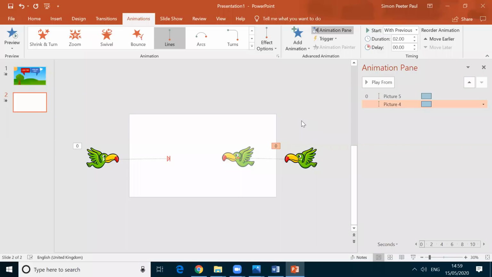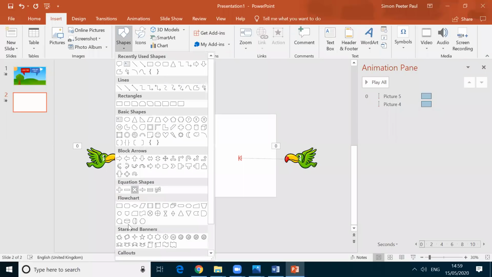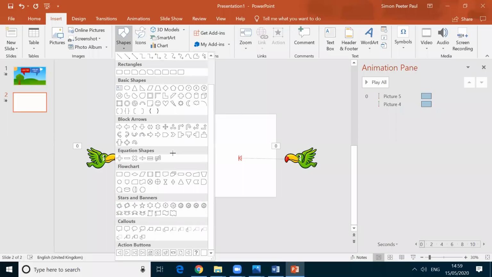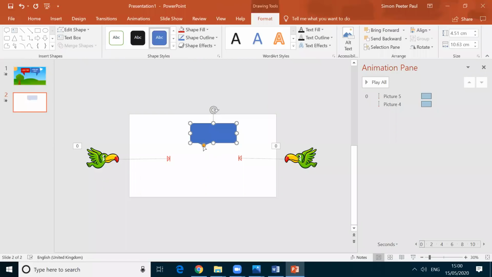Okay. After that, I want to add a callout. To add anything, you click insert. Here I'm selecting shapes. I'm selecting this callout, scrolling down. Here I have it, and I'm drawing this one. Then I'm moving this callout. To know that, I click this bird.